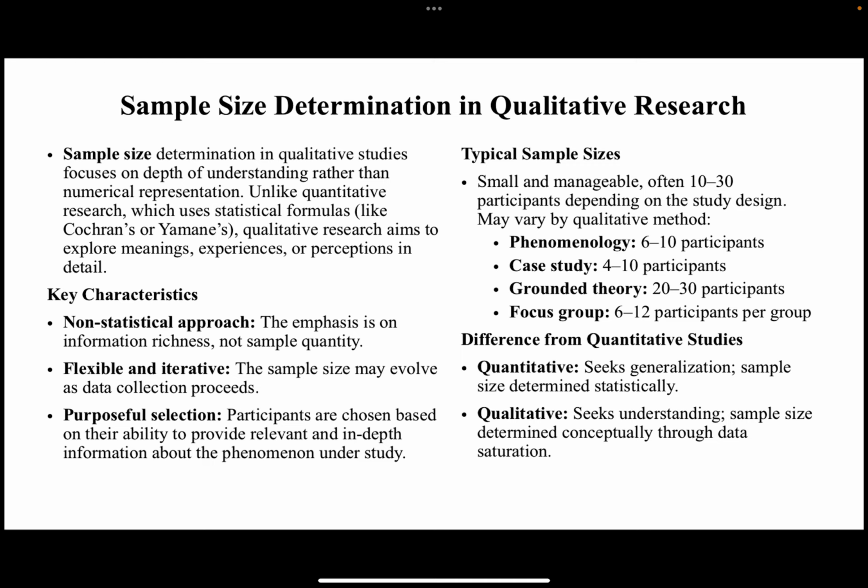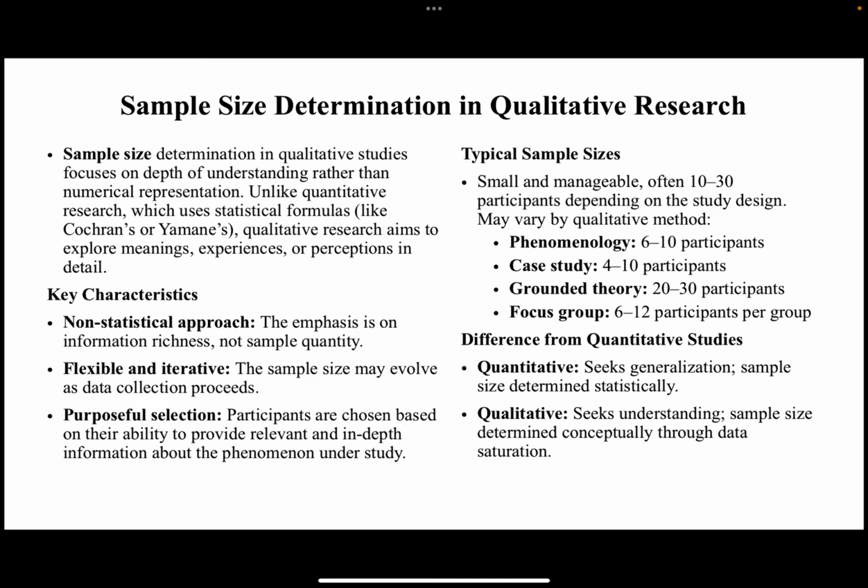sample quantity. The other thing is that it is flexible and iterative. The sample may evolve as data collection proceeds. Again, it is purposeful selection. What does that mean? Participants are chosen based on their ability to provide relevant and in-depth information about the phenomena